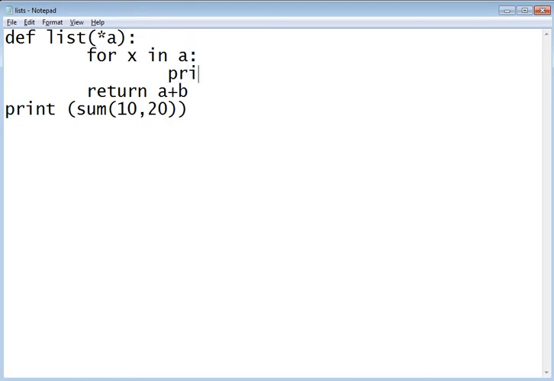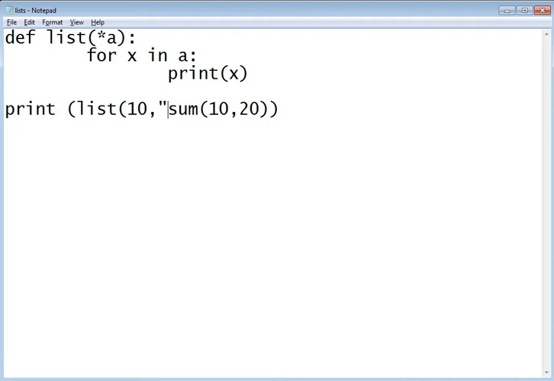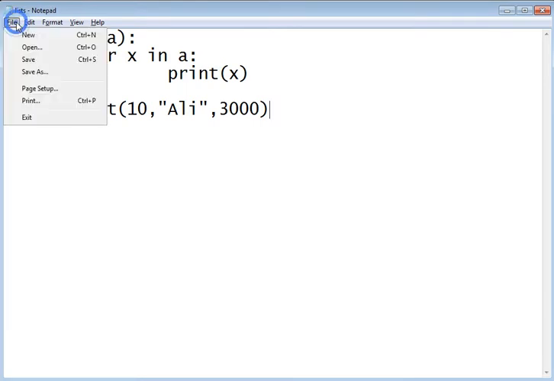And we will print x, okay? So we should remove this and we should call list, and in the list we have 10, we have a string ali, we have a data 3000, okay? So this is the data we will provide. It will print all, right? So let's save it and see the output.